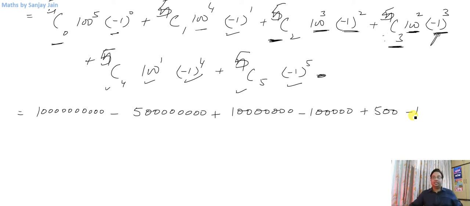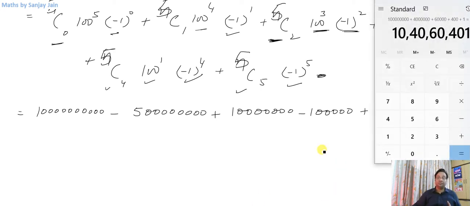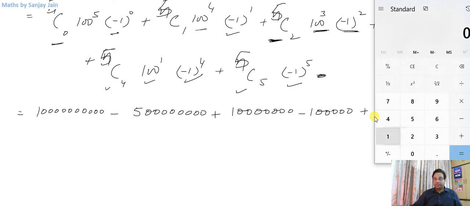Now this is the expansion. I'll again use the calculator. Why I am saying it again and again, that you should be doing it without the calculator. Okay, this is the final time that I am saying it. Now let me use the calculator just for the completion of this question. Otherwise I should leave it here. I am doing it so that you can match your answer. 10 zeros here. Minus 5 followed with 8 zeros. Are these 8? Yes, 8 zeros.